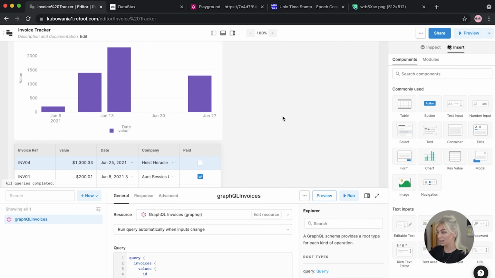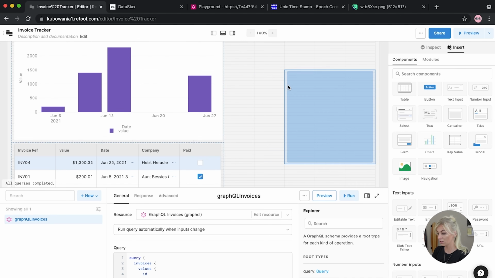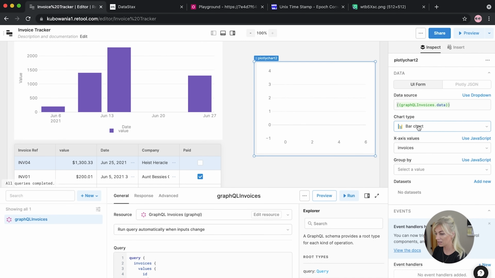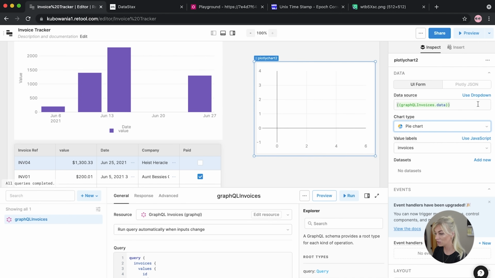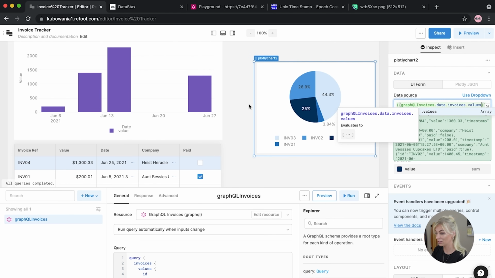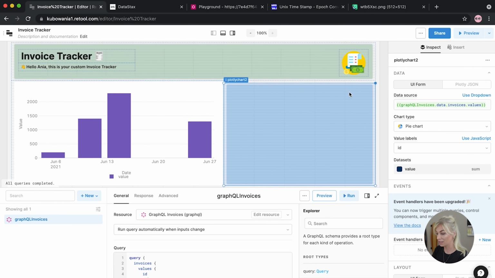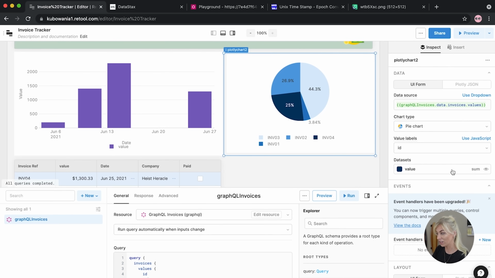So the next thing I want to do is actually also maybe create a pie chart. So let's go ahead and do that. I'm going to show you how to create a pie chart. Grab that here, and this time I'm going to just select pie chart. Once again, I need to go into the invoices, values, and great. Again, if I don't want this to do it by invoice, by ID, I can change it up. So to do this,